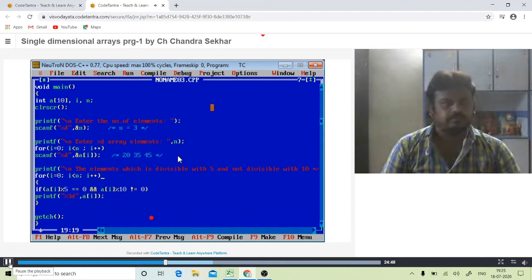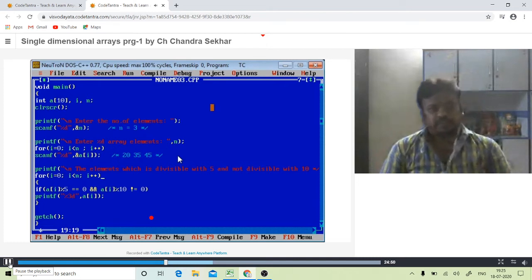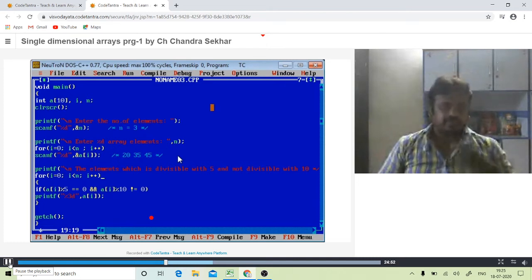Initially i value is 0, so 0 less than 3, the condition is true.